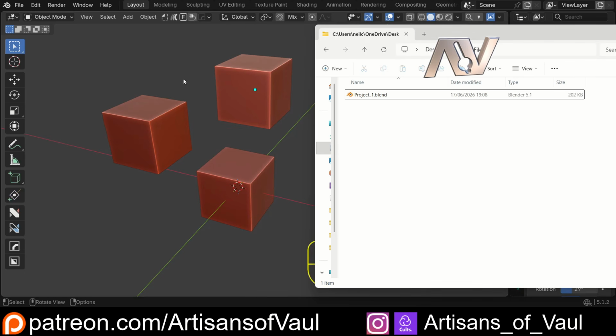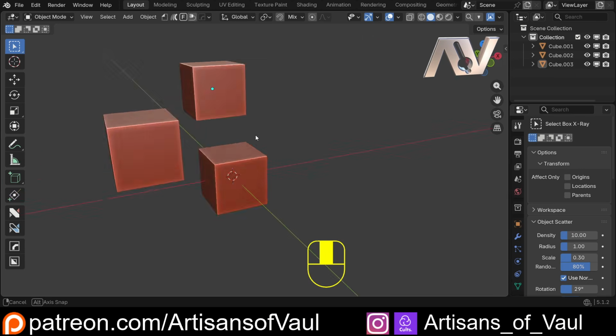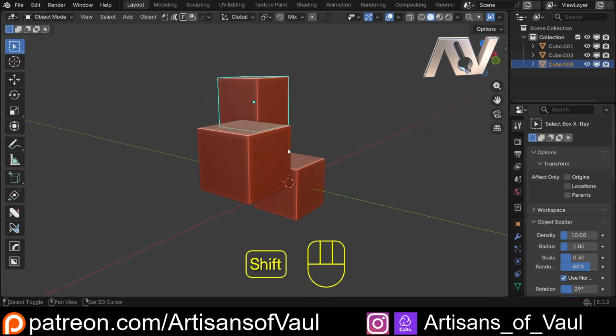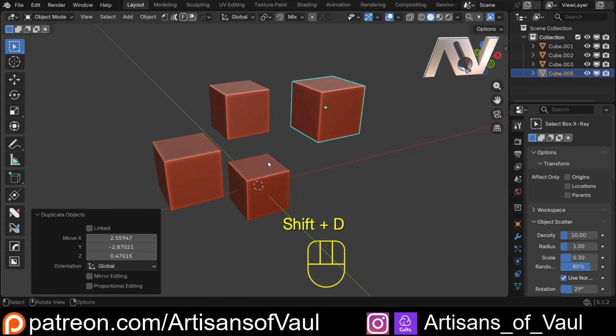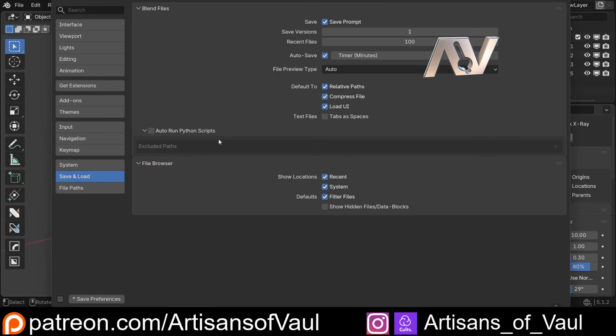I don't want that. I want to be able to just save it when I've got a small incremental change that I want to do, and I just know that this isn't going to be a problem. For example, if I just Shift and D and then File and Save this, I don't need it back when there was only 3 cubes because it's not difficult for me to, if I want to, just delete that cube out. So what I'd suggest you do instead is go to Edit Preferences and put this file version down to